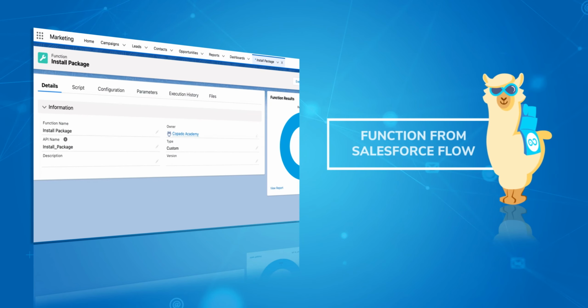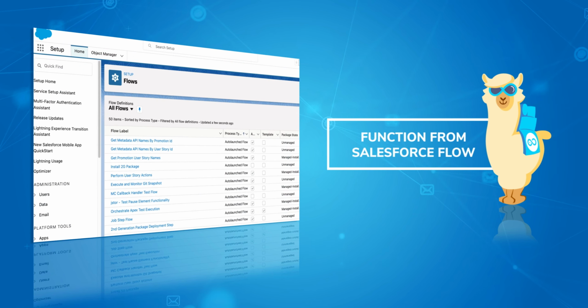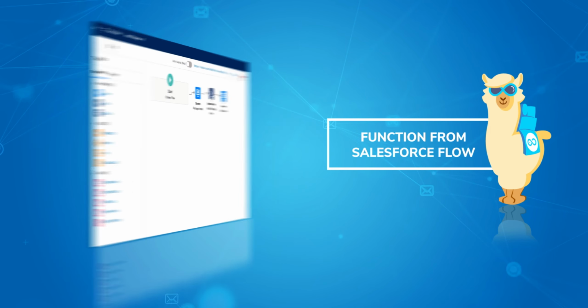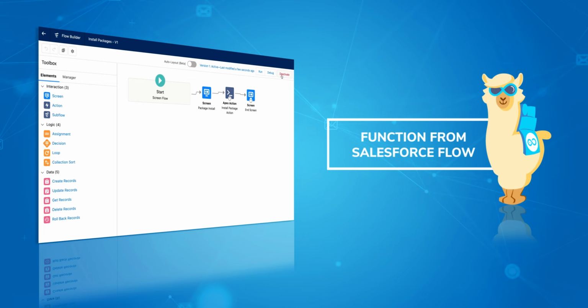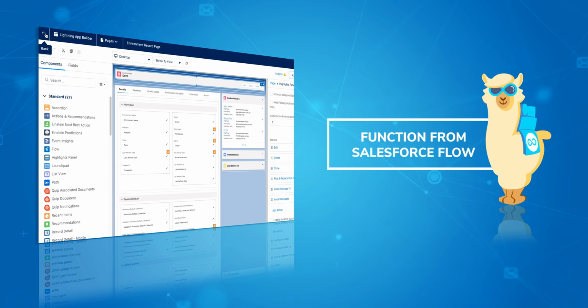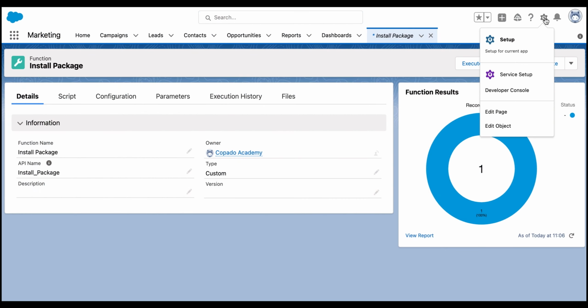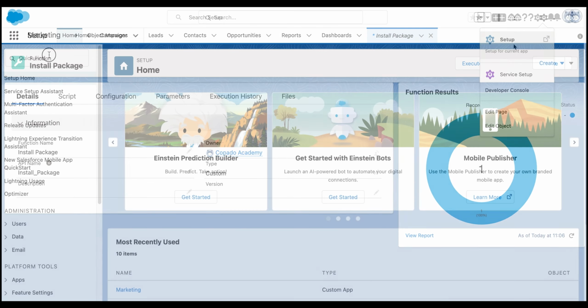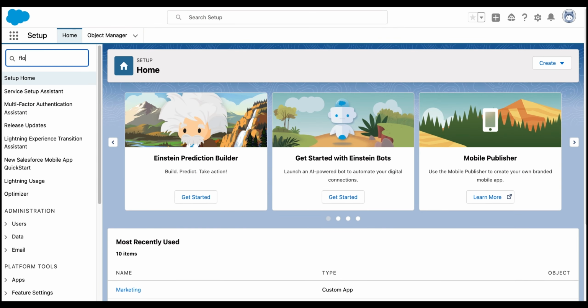In this video, you will learn how to execute a function with the help of a Salesforce flow. We will first create a flow and then automate a function using the same flow. Let's do it. In your Copado org, navigate to the Setup icon and search for flows in the Quick Find